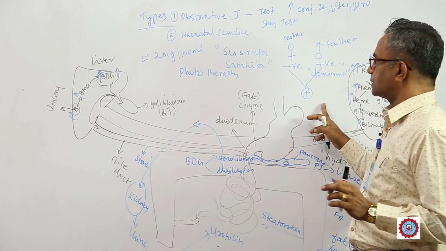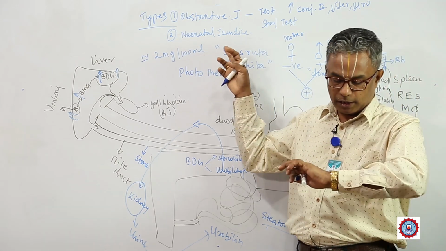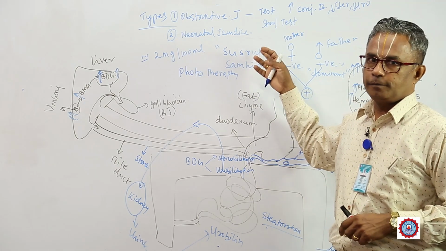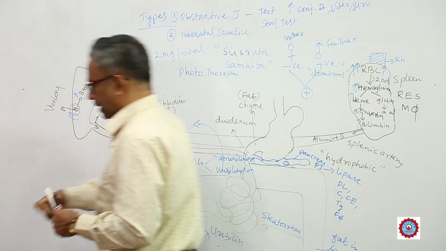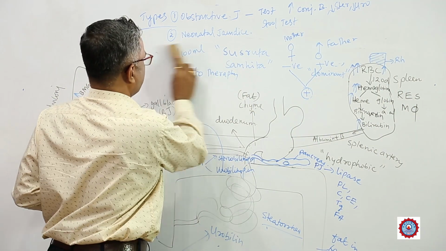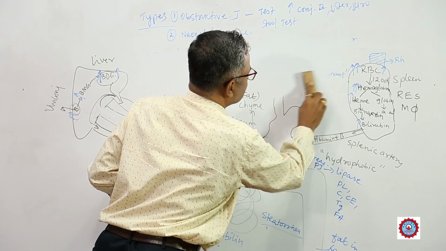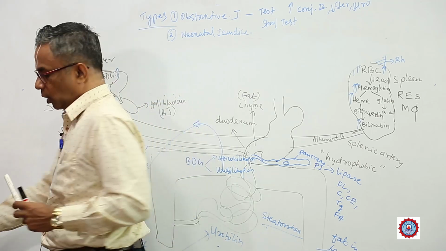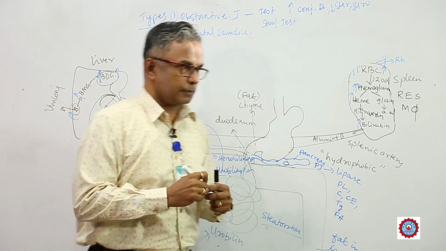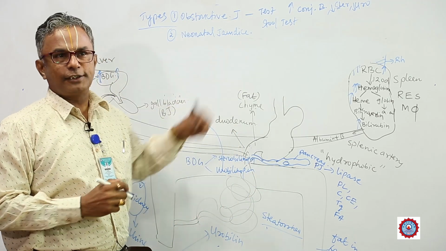Now, in the modern days, we have treatment for neonatal jaundice. But in the olden days, there was no treatment. Okay. So, this is the second type of jaundice that we discuss. Now, this second type of jaundice can also arise due to